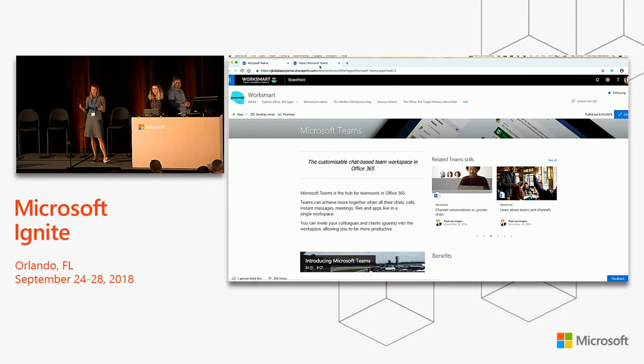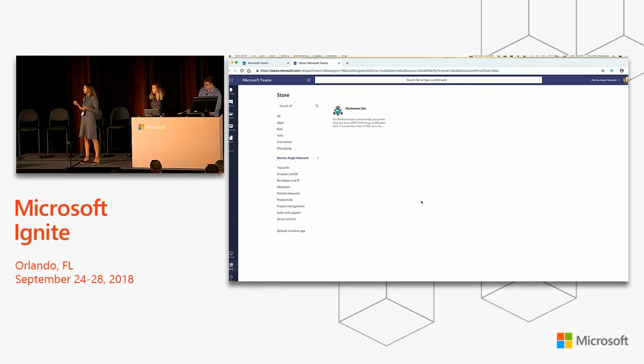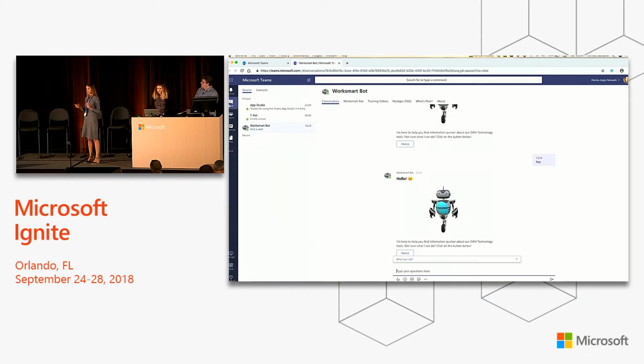So actually, if we're trying to encourage people to, as Andy said, look in that single pane of glass, we need to produce something in Teams. So what we decided to do, with Preen's help here, was to iterate what we were working on and build a custom app. So here you can see on the left-hand side, we've built a Dentsu Aegis Network store. And in there is just one application. What we've done as admins is say that currently this is the only tenant-level application that all of our company can use. If you did want to create or upload your own personal bot, you could as well.